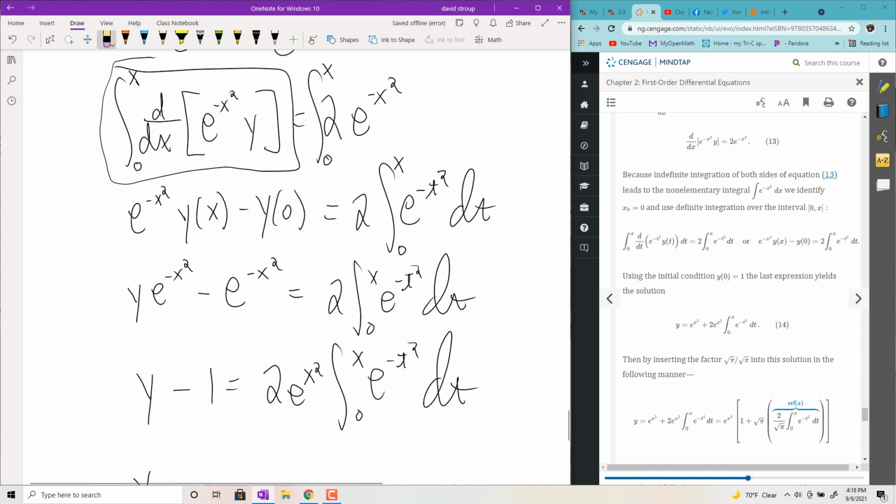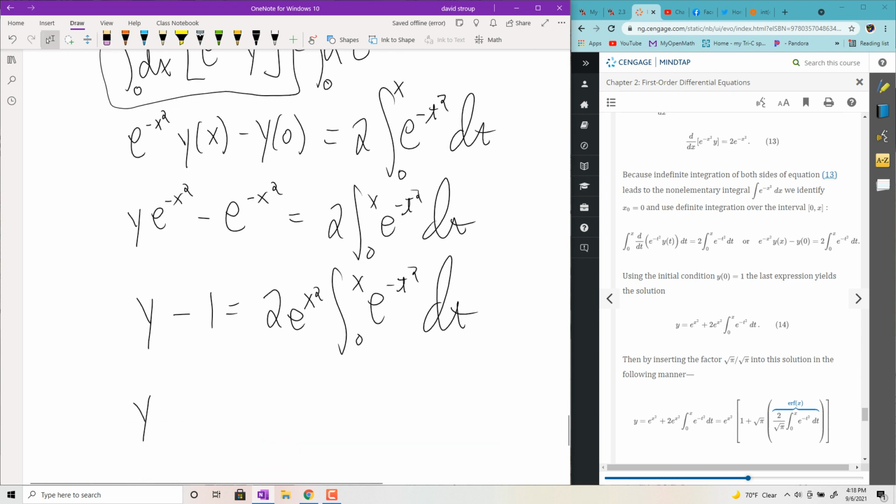Okay, sorry about that. And then I'm not going to ask you to do this on a test or anything. I think it's just interesting to see where that erf thing pops up. Anyways, so this should be 1. And then if you multiply through by e to the positive x squared, this will be e to the positive x squared. And then y will equal, you can factor out the e to the positive x squared. You get 1